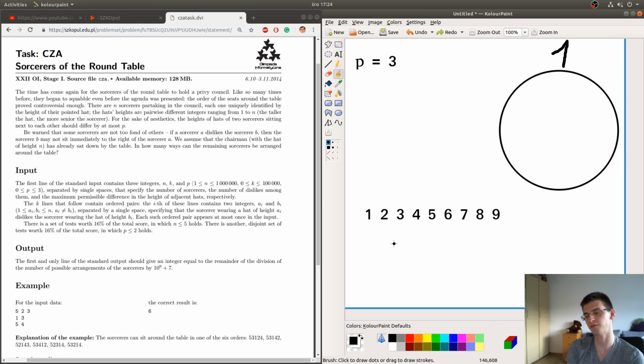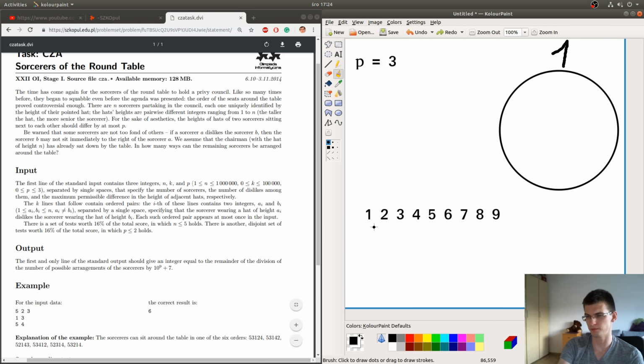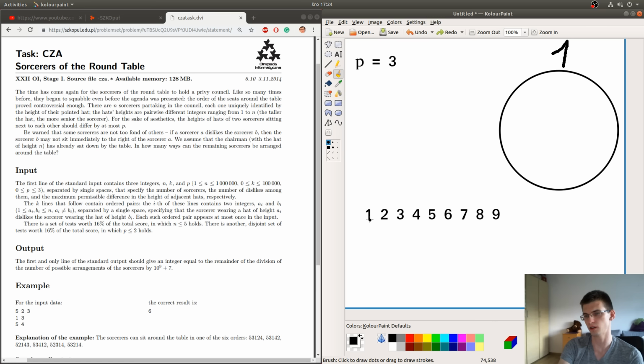Okay, here we have a bit bigger p. And what can we do now? It's a thing that you would see after solving a few similar problems. Maybe, for example, let's say we go from 1 to 9, so we just count paths from 1 to 9, and also with that condition about p.